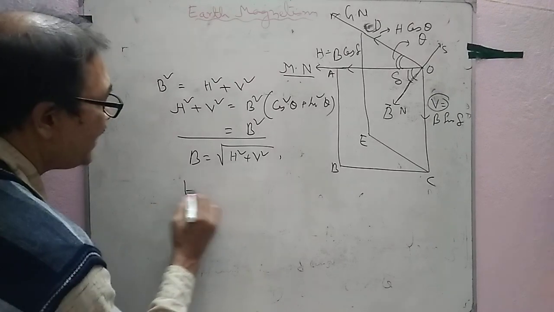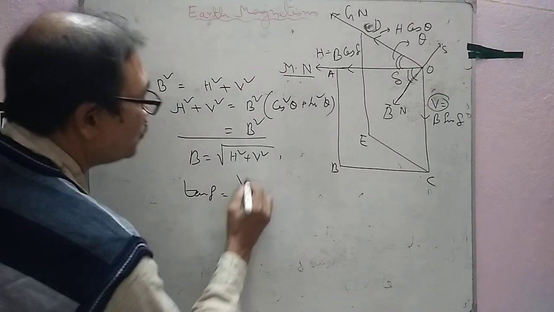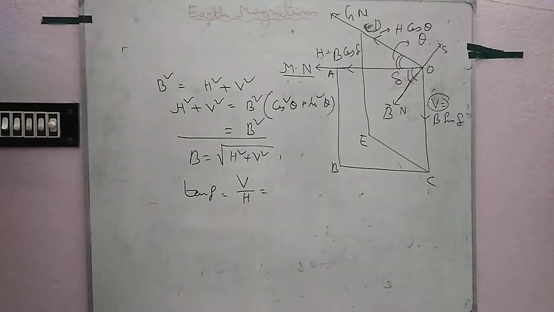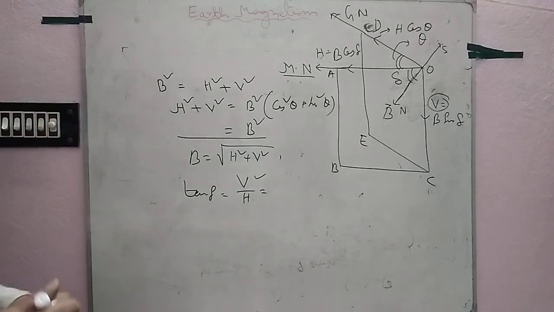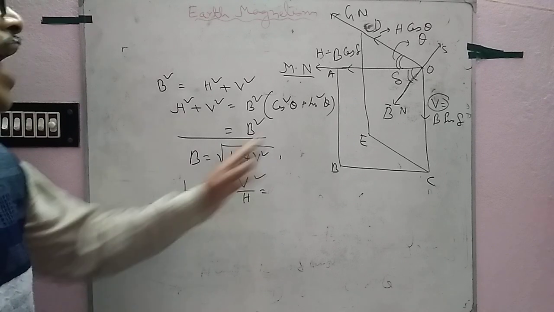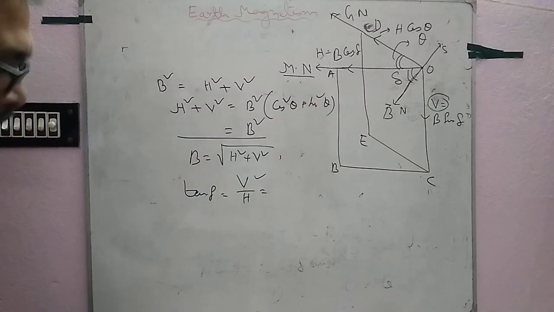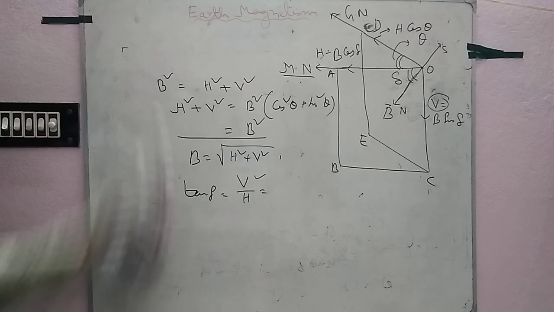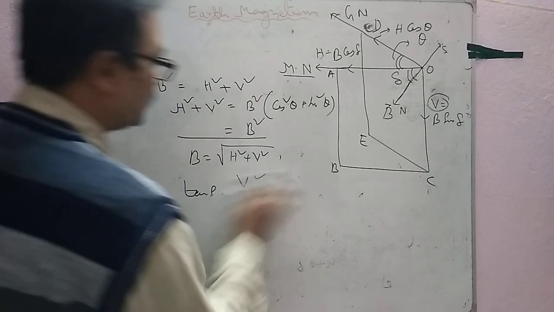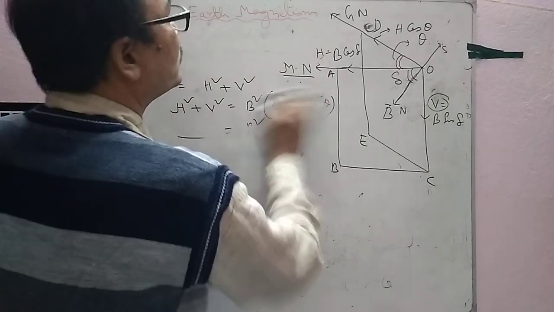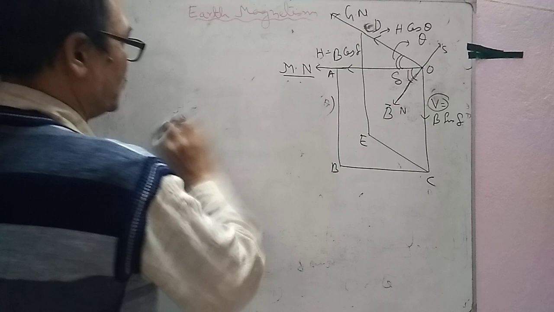Now tan sigma equal to V by H. Tan sigma equal to V by H. If we know the value of V and H, we can find out the value of angle of dip or angle of inclination. Clear? Okay. Now,